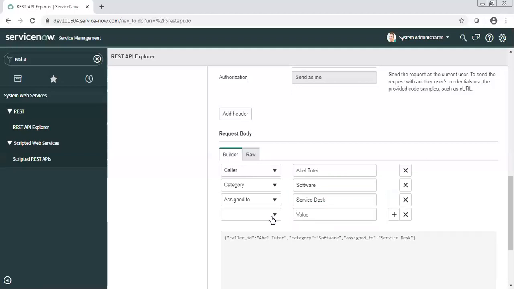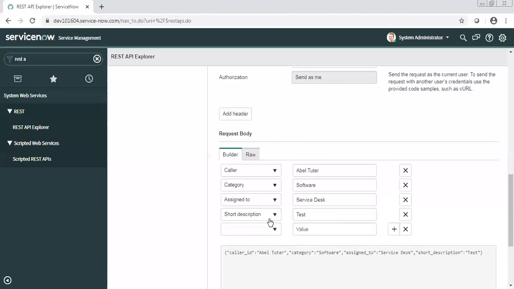Or maybe you want short description. Again, this depends on what field mapping has been finalized between the two teams. Whatever that tool is going to send should come in your request body.